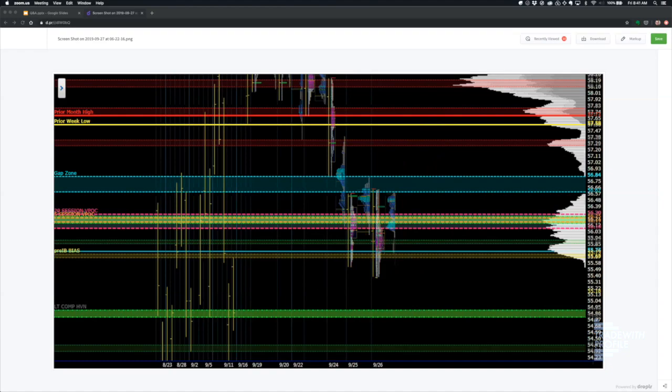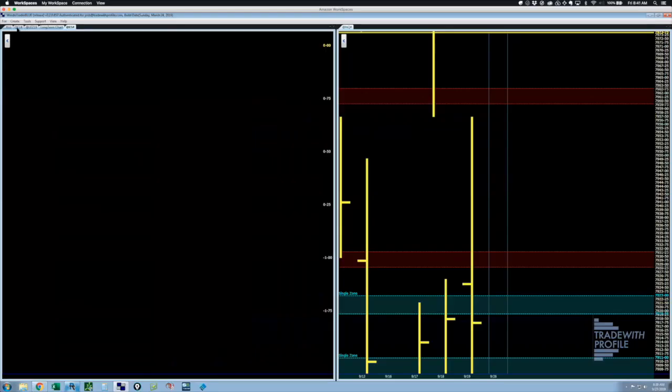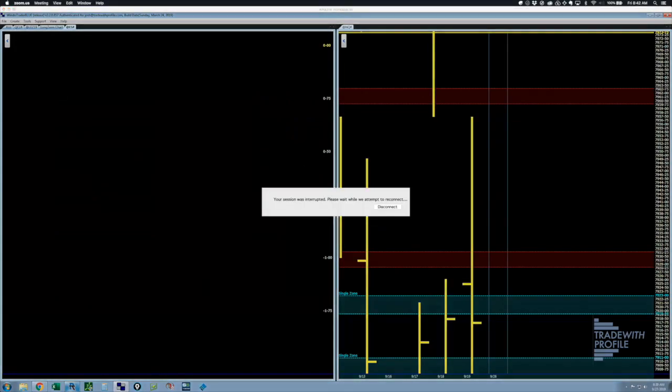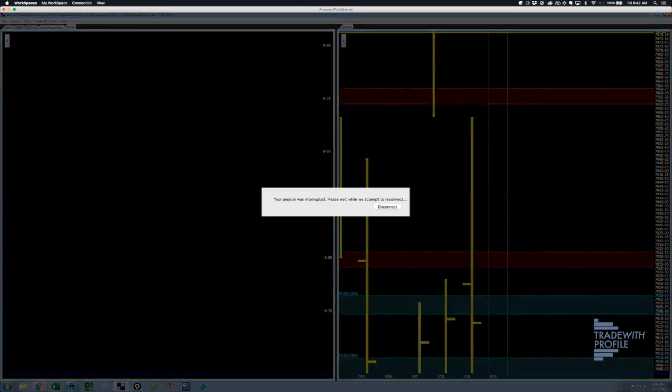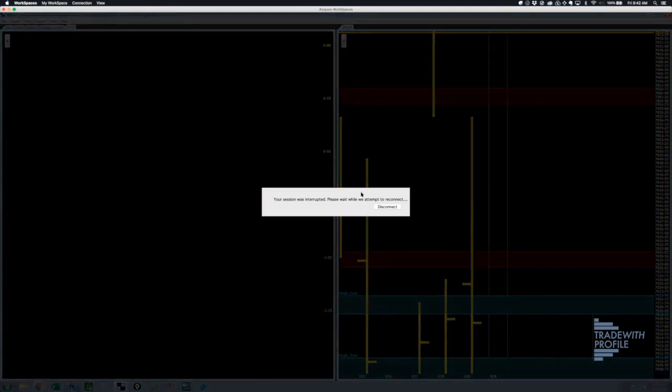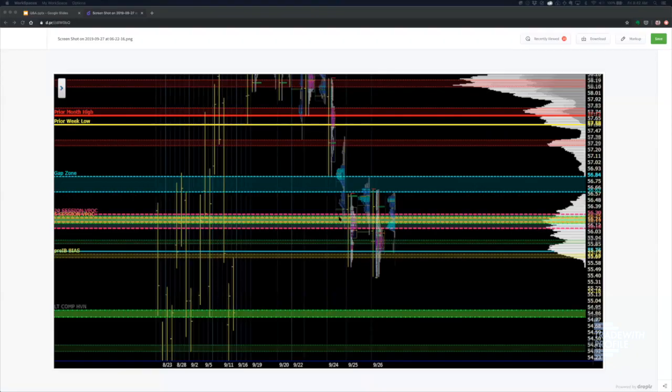Okay, so now with that, let's get over here and look at, hopefully the crude chart has loaded up. Oh man, my workspace is having trouble. Jeez. We wore it out this week. I wore it out this week. What it is, I need a new GPU for this machine. Oh yeah. All right.